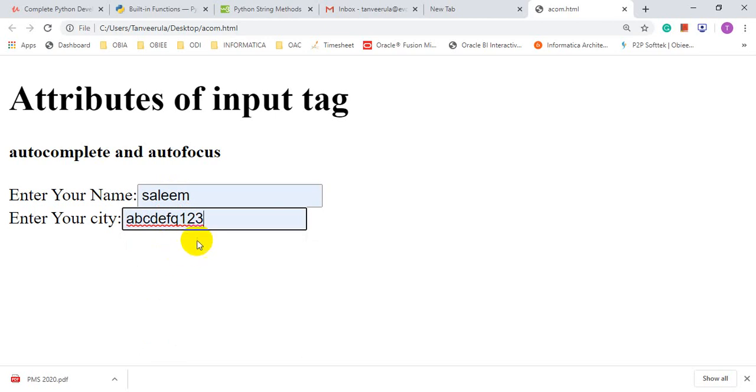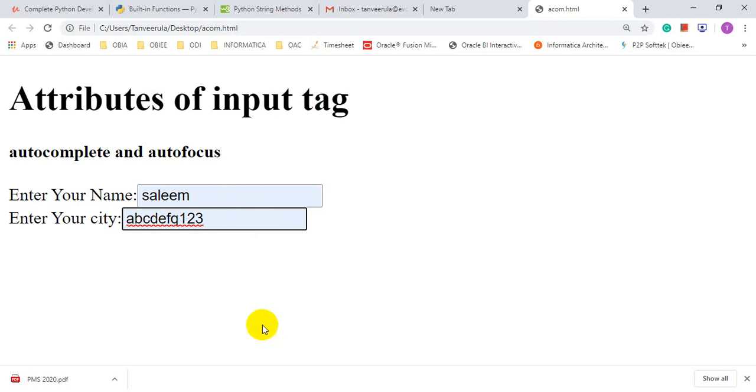Why? Because autocomplete on is a default value. If you don't write that attribute, it will work as on. So the only time to use autocomplete is if you want to turn off the autocomplete function of that particular field, you have to use autocomplete off.